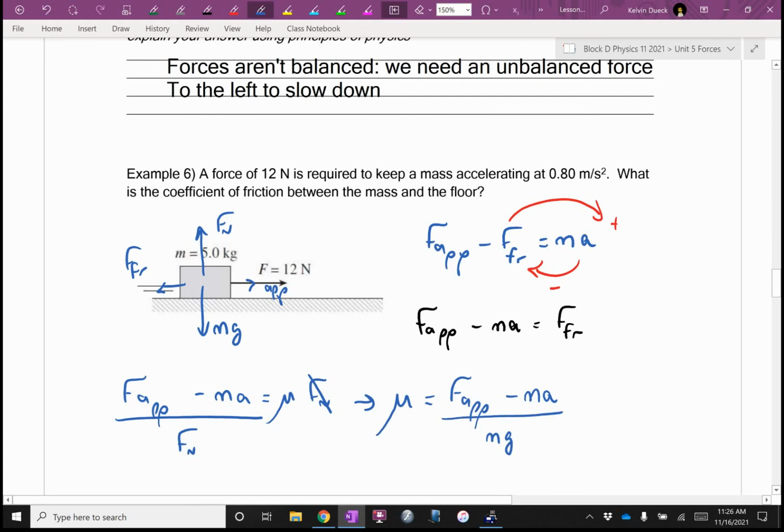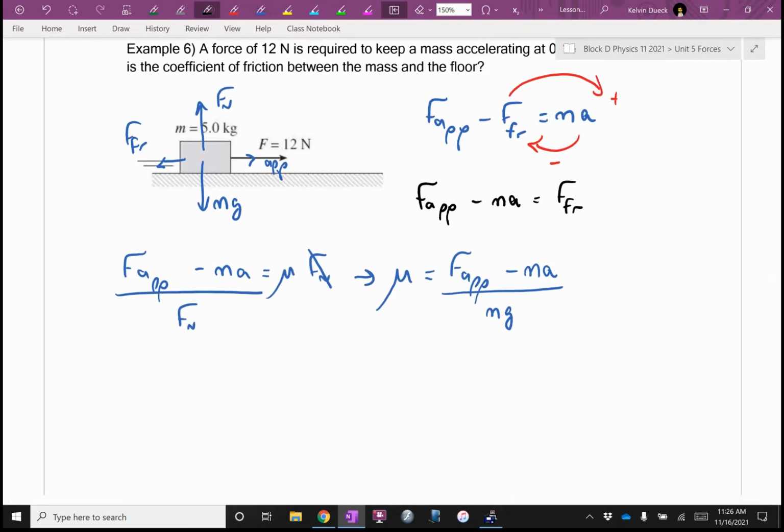Mr. Dewick, do the m's cancel? No. If there was an m in all three terms, then yes. If the F applied had an m in front of it, then yes. But in this case, no. But we are at the plug and chug stage. I mean, complicated plug and chug, but plug and chug. So let's see if we can do this. What's mu? I don't know. What's mu with you? 12 minus